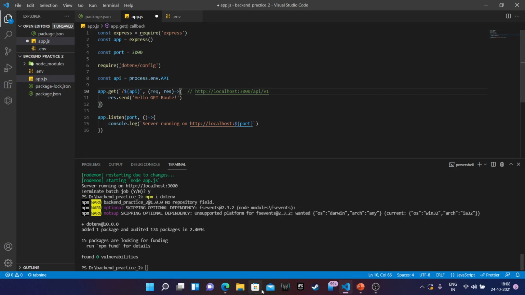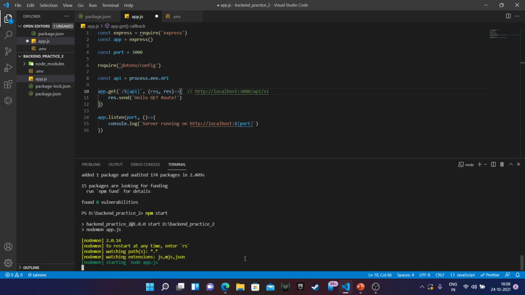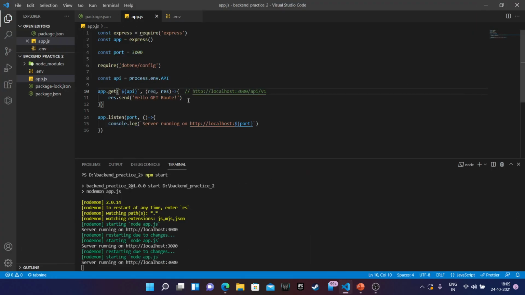I'll be running the server with npm start, and there is no get route. I'll be keeping it as slash API slash v1. Sorry, I think it's a matter of, yeah, it's just resolved. I had placed an extra slash over here that was changing my URL. So I just saved it, and now I got it.